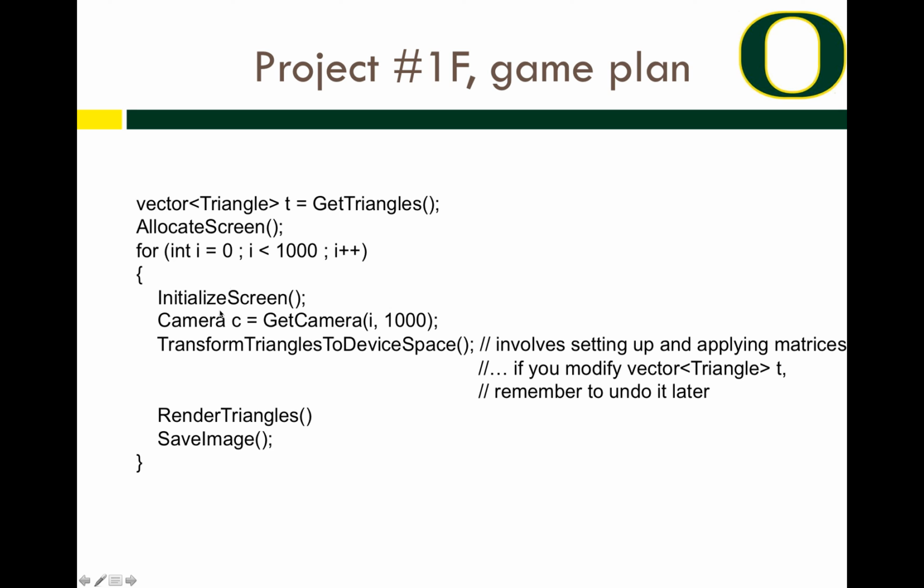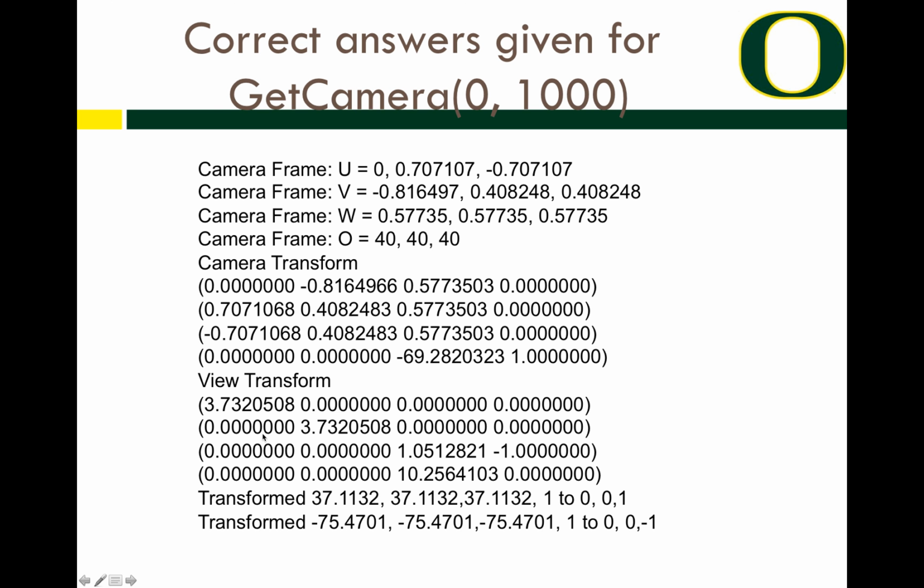I want you to initialize. I want you to be able to do this multiple times. And then once you've done that, then you'll call your existing render triangles routine and you'll save an image, and that's the high-level loop. Here are some answers for get camera 1,000, so you can see what my camera frame